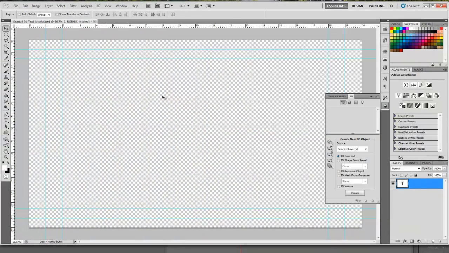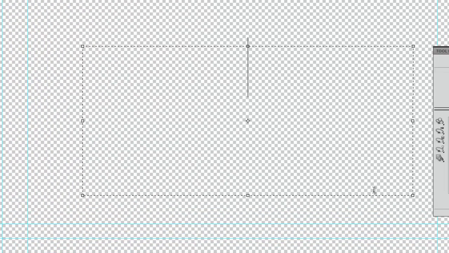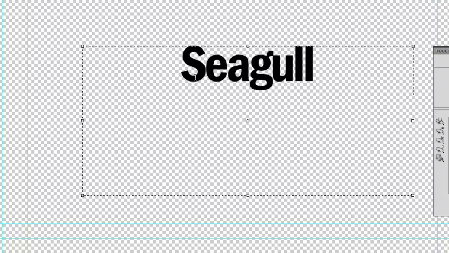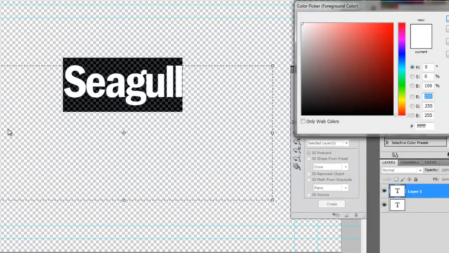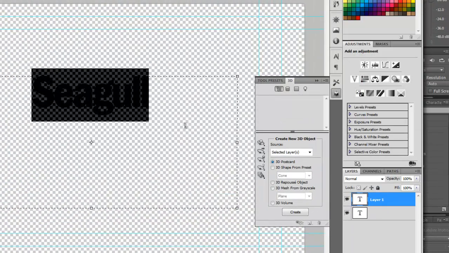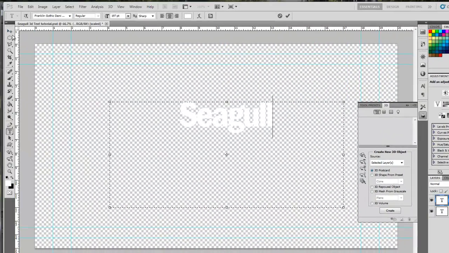If you go into Photoshop CS5, you go to your text tool, and you're going to type in whatever you'd like. So this one's going to be Seagull. You can see it types it in black. I actually want it in white, so we're going to hit OK. So we have the white text, and then what we're going to do is create it into